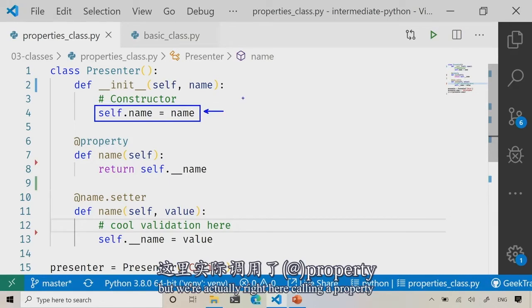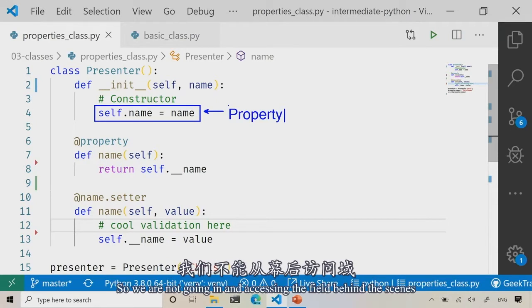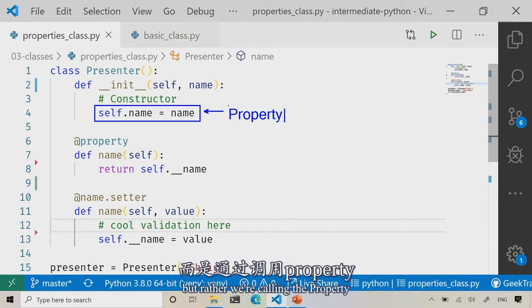But we're actually calling the property right here. We are not going in and accessing the field behind the scenes, but rather we're calling the property. Very specifically, and I'll put this in red just to drive the point home,